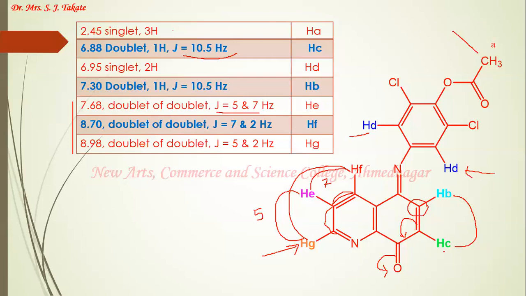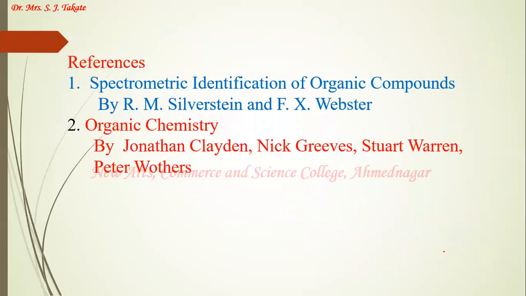So these are the four factors which affect the vicinal coupling constant value. These factors are very useful in determination of the structure and even in determination of the stereochemistry of organic compounds. So in the next lecture, we will study the next type of coupling, and vicinal coupling in case of other ring systems also.